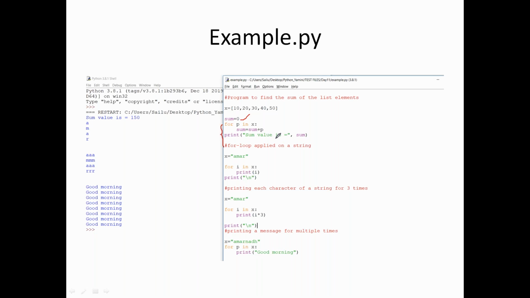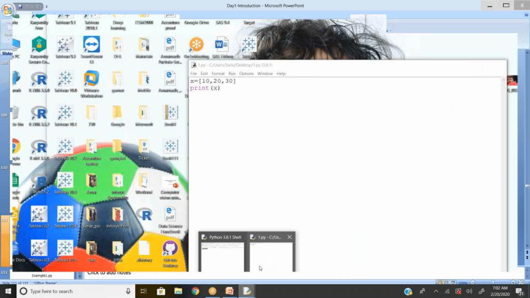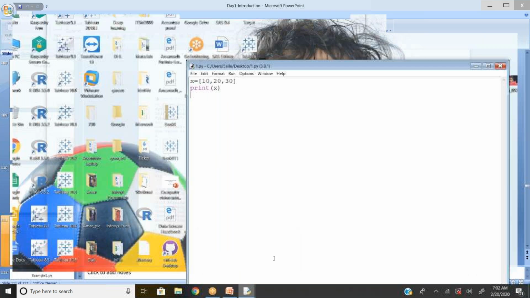Now when you see the print, after all the iterations, the system is going to display the sum value as 150. You can see here. Amara, it's not the way I'm looking for it. I'm looking for the sum value in each iteration. Right now, after adding all the values, the system displays the sum. But my requirement is that in each iteration, whenever you add a new element, the system has to give the sum value.